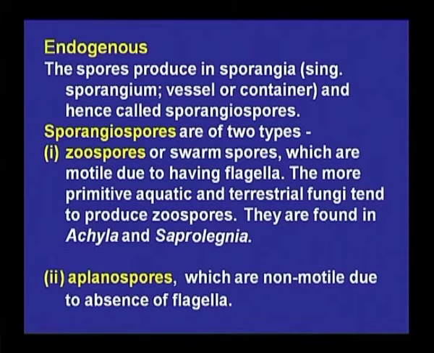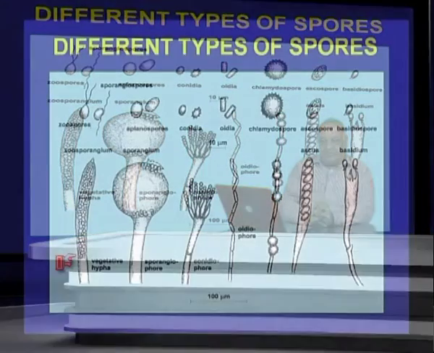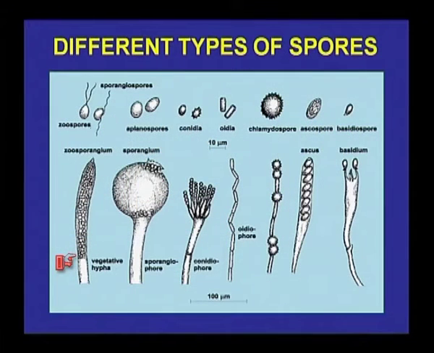Second is the aplanospore, which are non-motile due to absence of the flagella. These are the different types of spores, as we have discussed: the vegetative hypha of the zoosporangium producing zoospores, which have flagella and are motile in nature. Then sporangiophores produce sporangiospores, conidiophores produce conidia, oidiophores produce oidia, and these are the chlamydospores, the resting spores, and then the ascus has the ascospores, and the basidium produces the basidiospores of higher